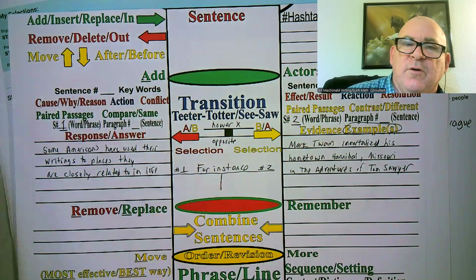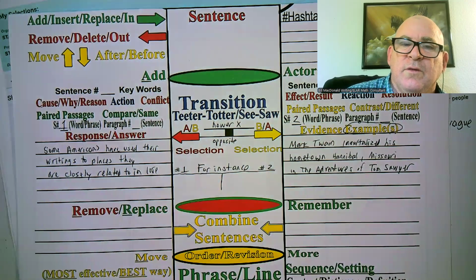That is how I would do question number 28 on your 7th grade test to transition from one sentence to the next. Please share this with somebody who's struggling with transitions, with the skill of transition, or the TEK, the Texas Essential